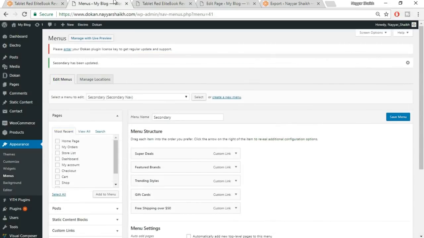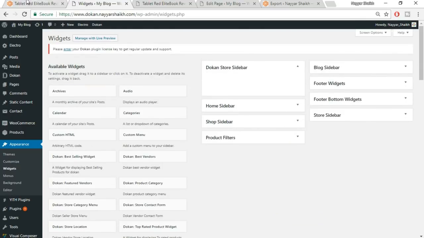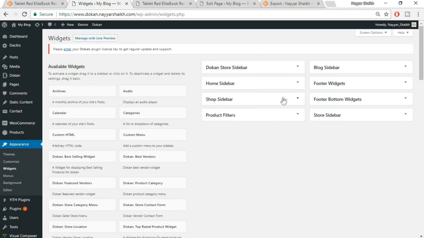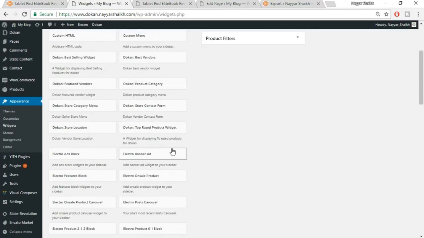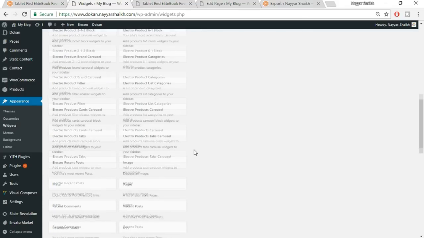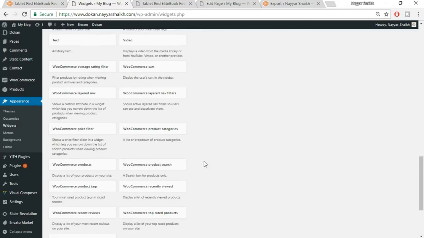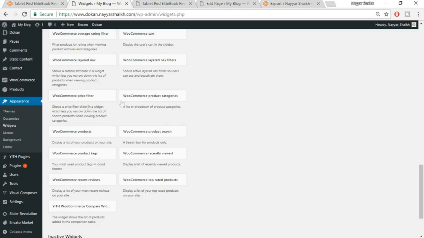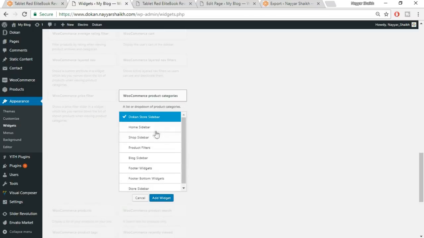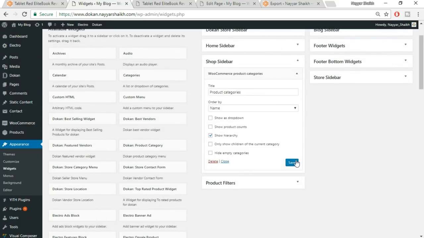So again, come back to your website, to the dashboard, and under appearances you will see widgets. Just click on that. And the first one is product categories. Okay, fine. So it will be under shop sidebar. Now let's see WooCommerce product categories. This is the one, and from here select shop sidebar, click on add widget, click on